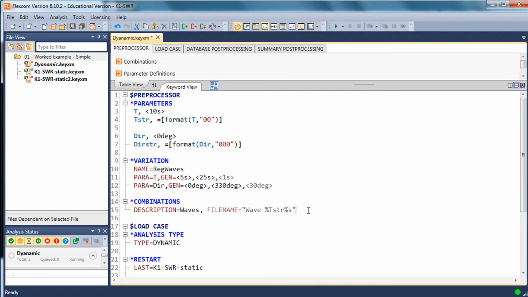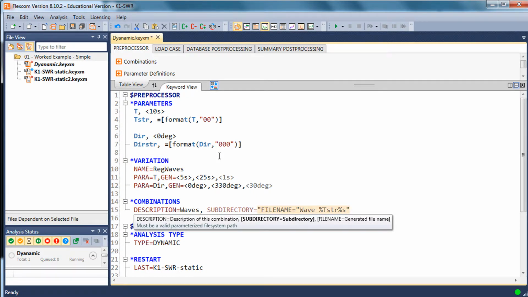So I just need to update my combinations keyword now, because I'm going to have a lot more keyword input files generated, so I need to put these in. Let's put them in a more ordered manner. So let's set these into a subdirectory called, just make up a thing here, I'll call it dir string